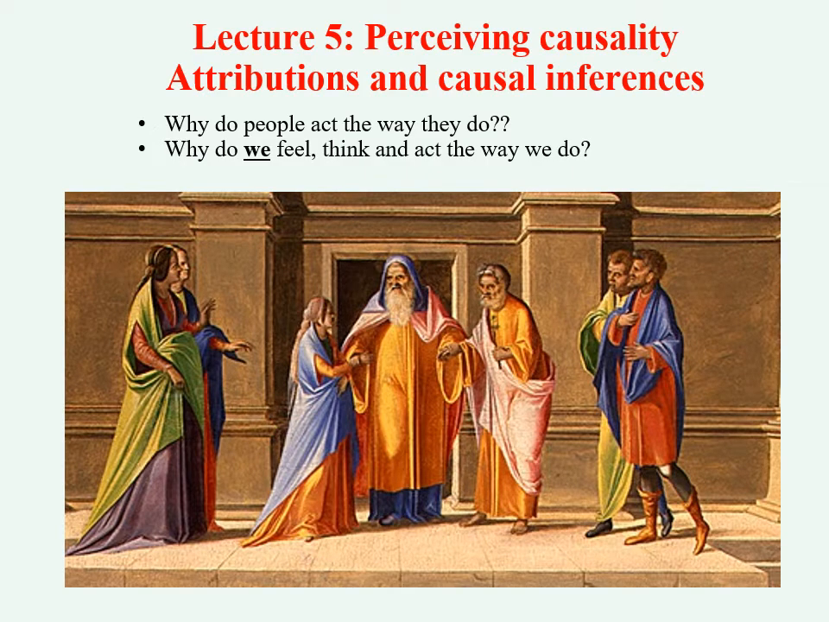Welcome back. This is our lecture 5, and we are going to continue with the general topic of how human beings come to represent and understand reality. In these lectures, we are going to look at a very special kind of cognitive problem humans face, the problem of perceiving causality. How do we attribute intentions to other people, and how do we make causal inferences about what